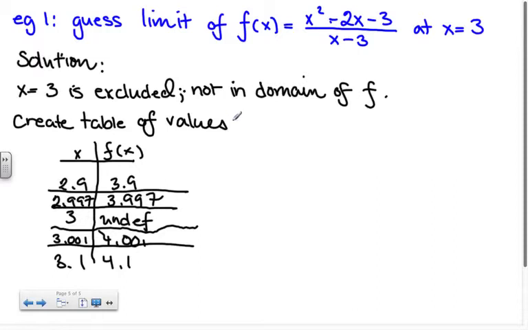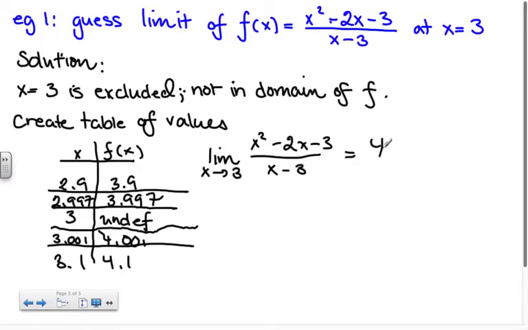By our deductive reasoning here, we can see that it's getting very close to 4. So we can say the limit as x approaches 3 of this huge ugly function over x minus 3 happens to be 4. Now, coincidentally,